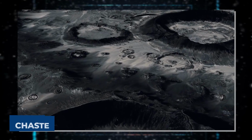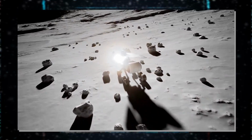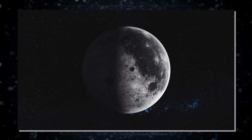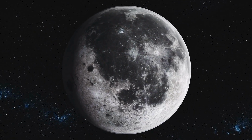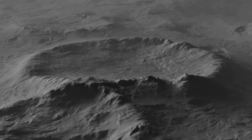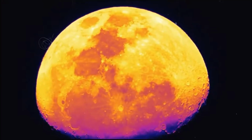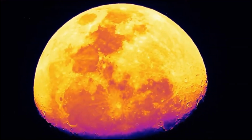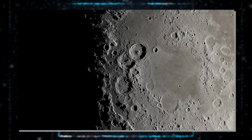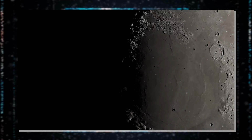CHASTE, which stands for Chandra's Surface Thermophysical Experiment, is a scientific gadget placed on the Vikram lander. It serves the purpose of measuring the temperature characteristics of the lunar topsoil around the pole. By checking the temperature at various depths below the surface, CHASTE can craft a thermal map of the moon's hidden layers. This is a major aim of the mission, especially in the distinctive South Pole region, which differs from other